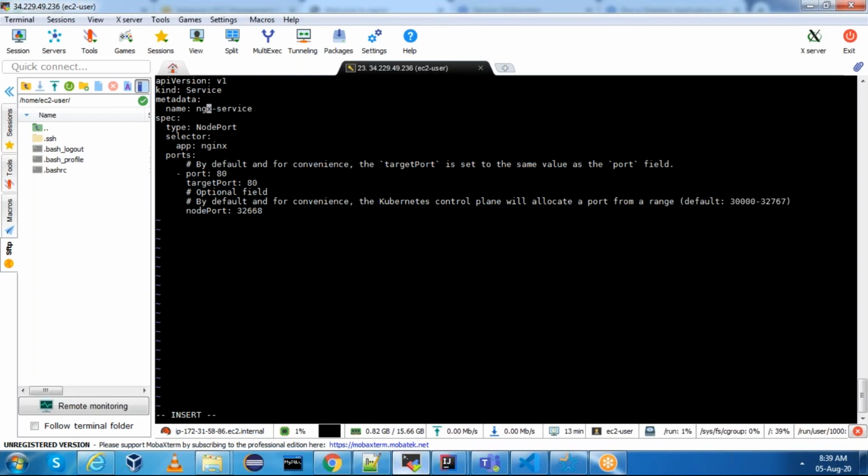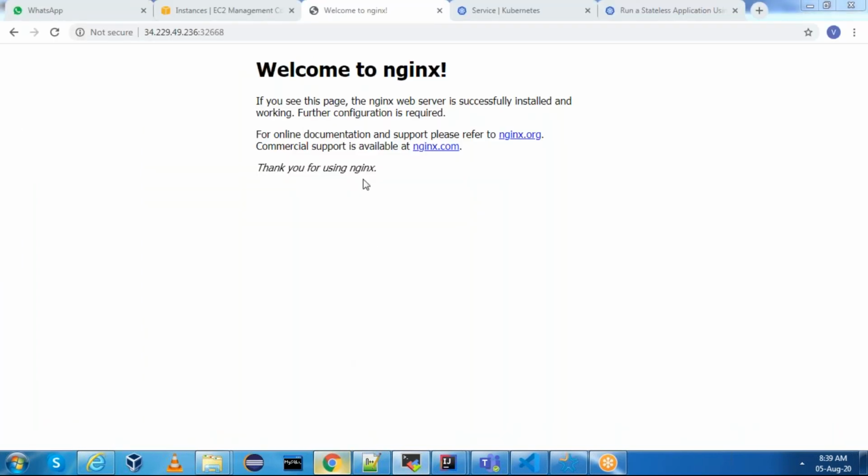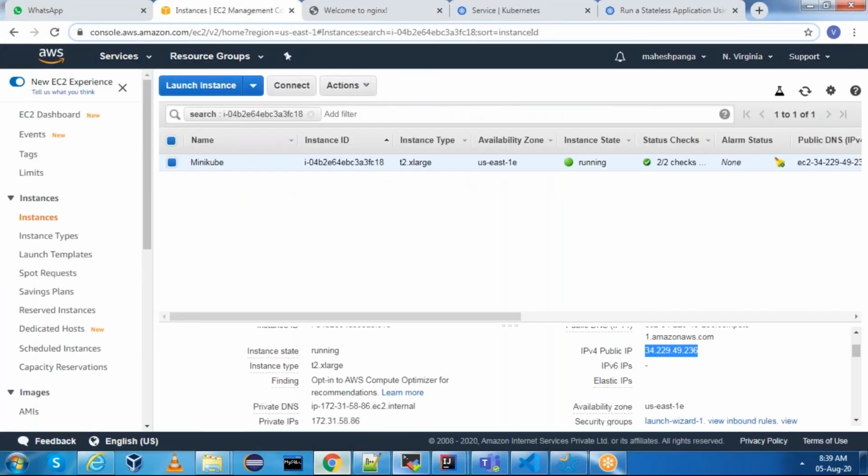I'm just maintaining the uniformity so that it will be easy to compare. tomcat-service, selector app is tomcat, and the port is 8080, target port is 8080, and node port you can say 32669. Okay, let me allow this 32669 here as well.